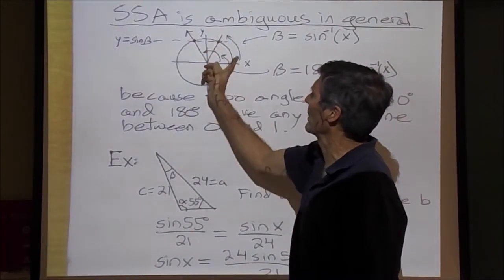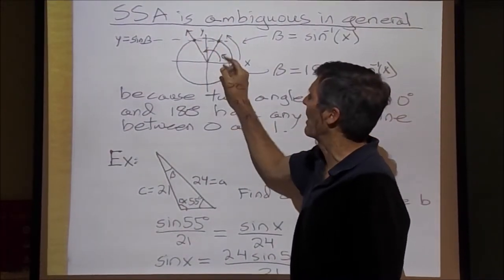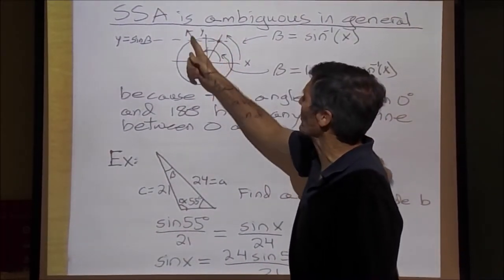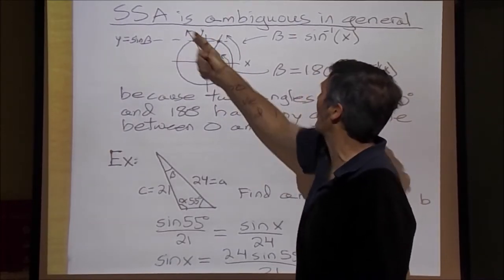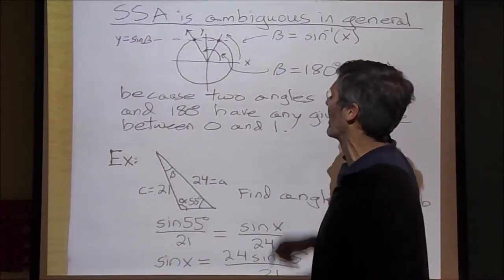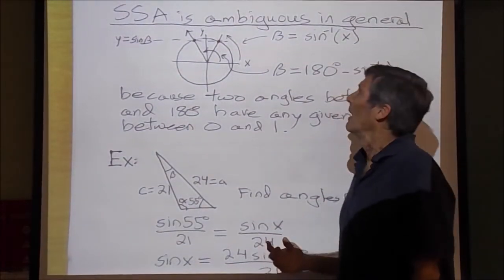This one is the arc sine. I wonder what this one is. Well, if you think about it, by symmetry, if this is arc sine, this also has to be arc sine. So this angle here is 180 minus arc sine. It's always 180 minus arc sine. So whenever you have